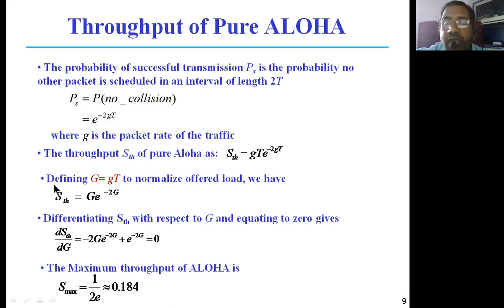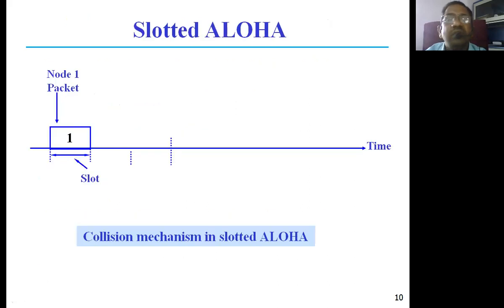the care that we take towards collisions simply decreases here. Therefore, the probability of successful transmission decreases when the traffic increases. So the maximum extent we can have under these conditions is 18.4% throughput from this particular Aloha protocol. So only 18% throughput is what we are going to achieve.